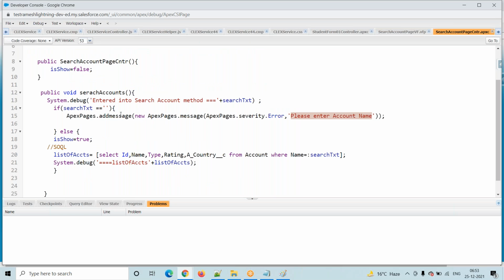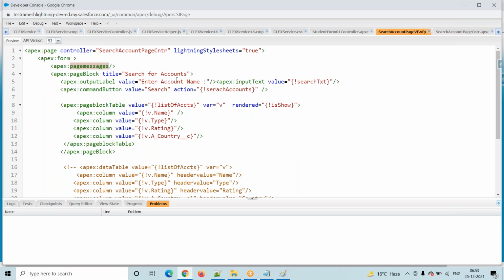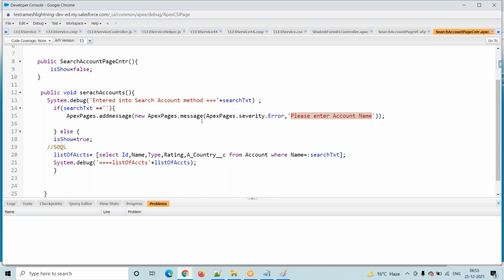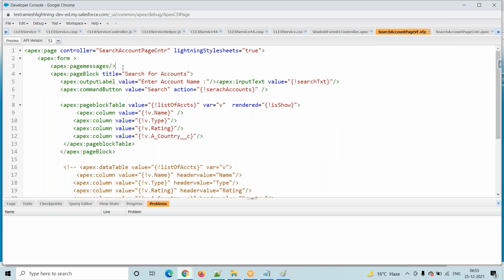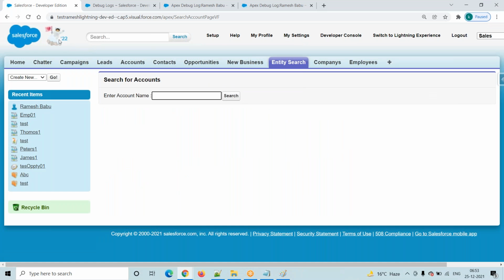At the Apex class level, we are capturing the errors. Now where do we display them? At the Visualforce page level. The system says we have to use the Apex page messages tag. Then whatever error messages you are capturing will automatically display.